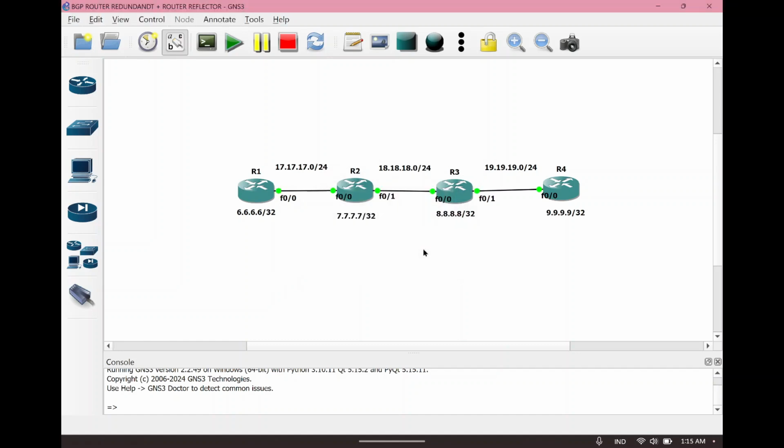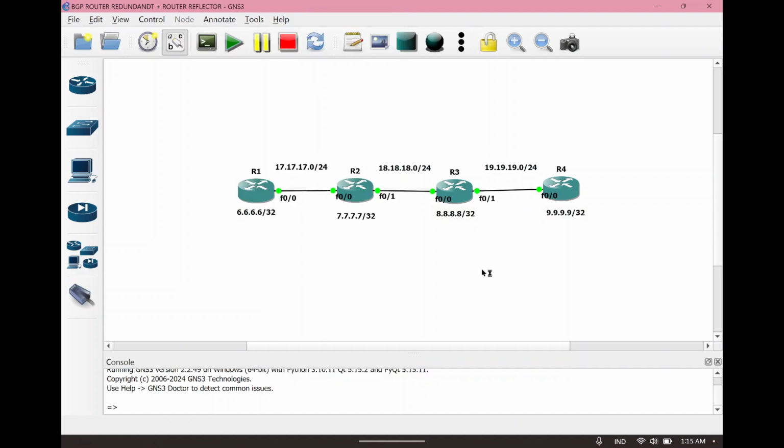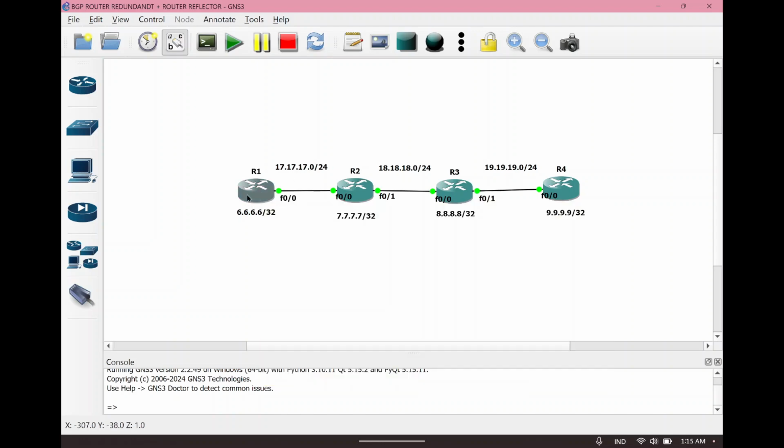This means it has been turned on but cannot connect yet because I have not configured it. If you want to configure, you can double click the router or right click and choose the configure feature.